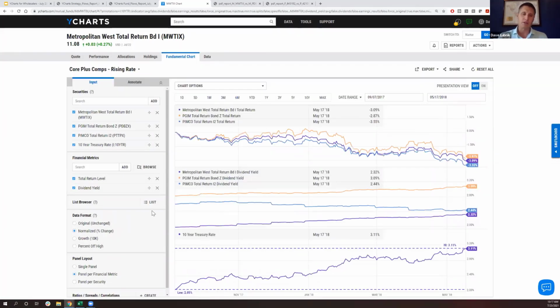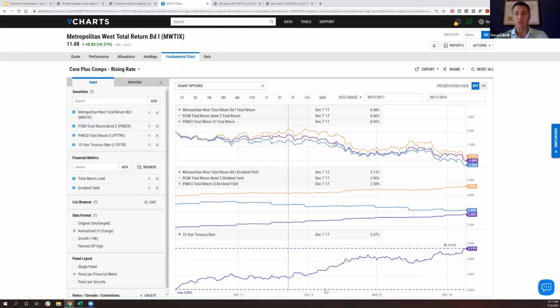And that's the beauty of YCharts, is you get it set up once. It's always available for you to then open up. You can easily add other tickers in the top left corner for whatever might come up in that conversation. And now I'm honing in on a particular environment. So from September 7th, 2017 to May 17th, 2018, in that kind of 8-month window, the 10-year treasury rate went